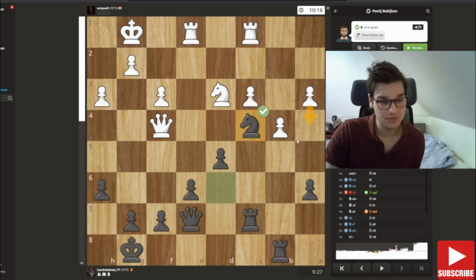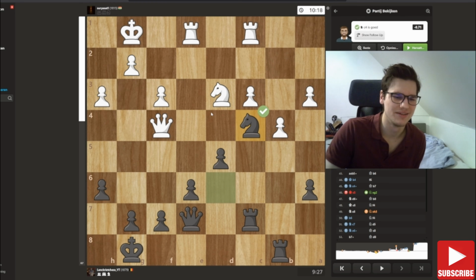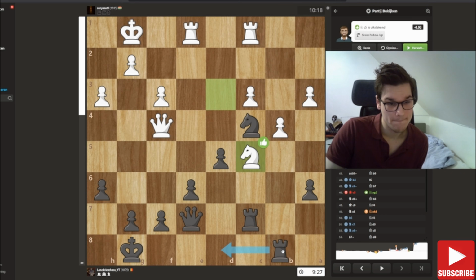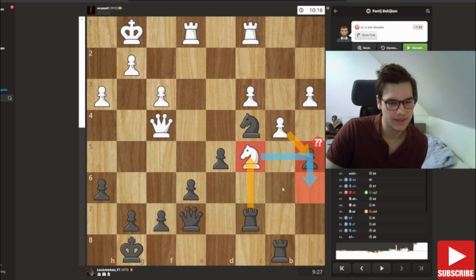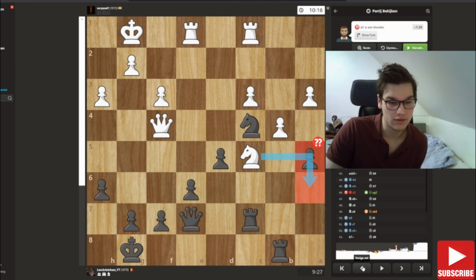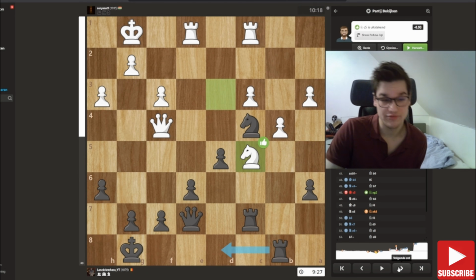It's fine, but apparently there's some counterplay here, which, I don't know. I calculated this. And here I just wanted to play this pawn break, and you cannot take, but I just get forked. God damn. Yeah, fair enough. So,